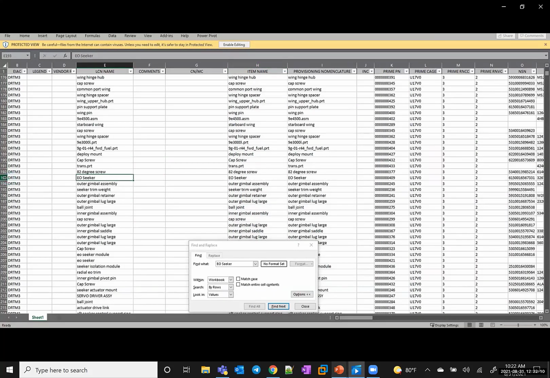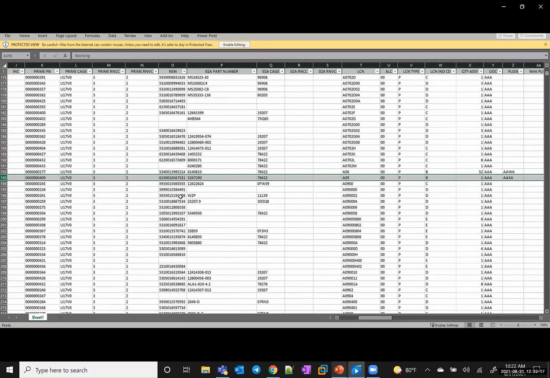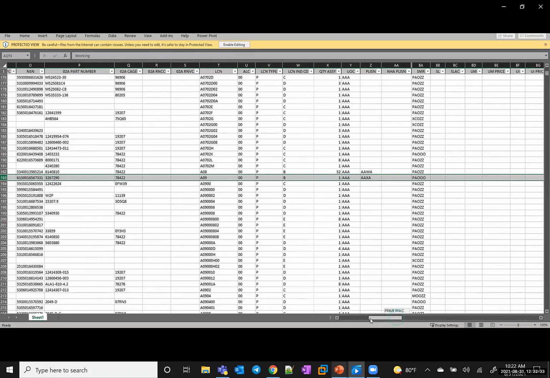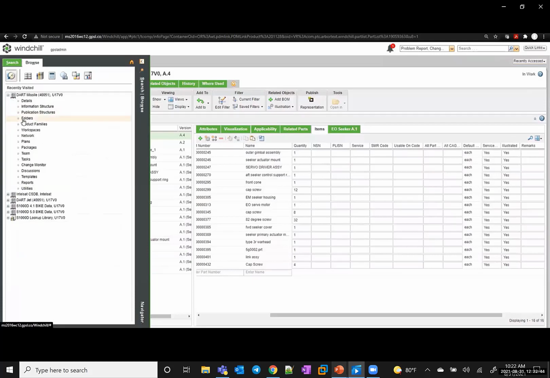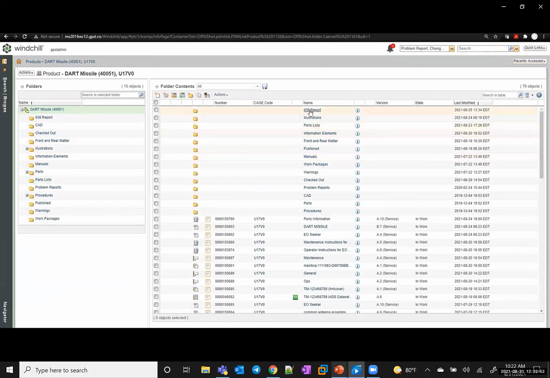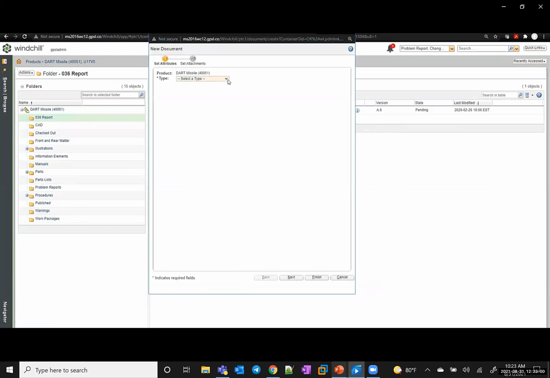I look up my EO seeker, and we can see it has some of these attributes I'm looking for. There are some of its children. So I want to bring this report in and let it populate this data for me. So if I come to this 036 report folder and import it in, and bring it in as a report spreadsheet,